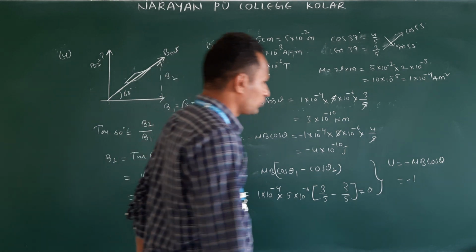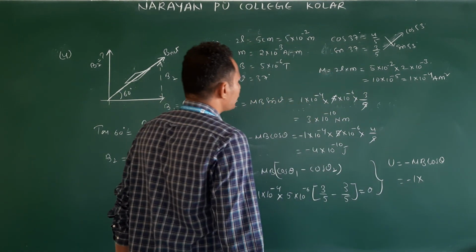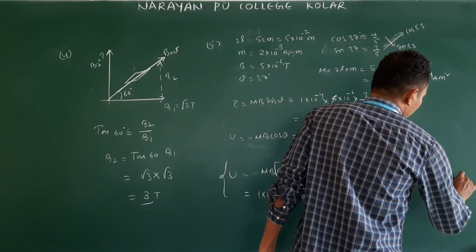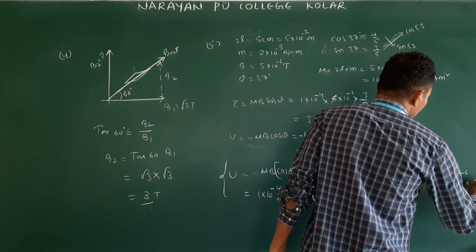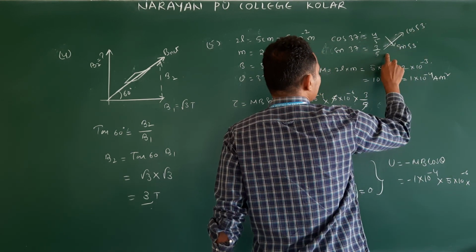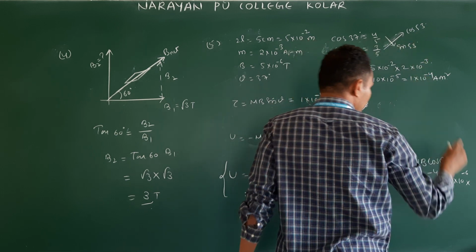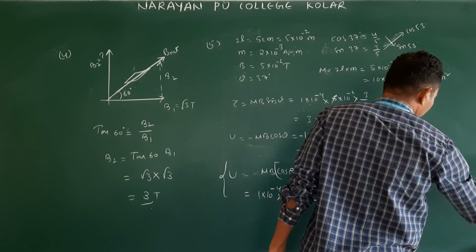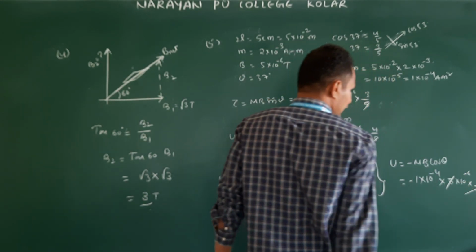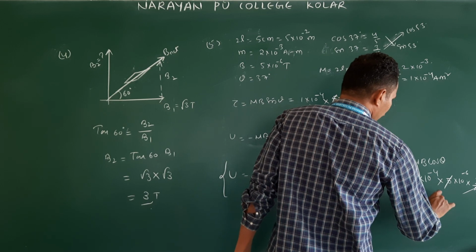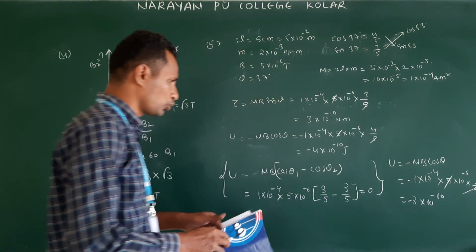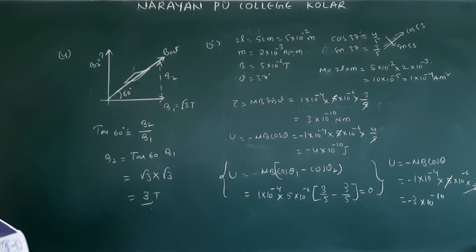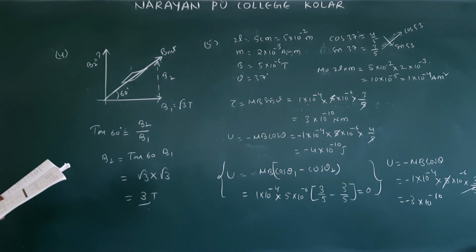Again they did not do minus. Okay, we will see, 1 into m is what? 1 into 10 power minus 4. B is what? 5 into 10 power minus 6. Cos 53. Cos 53 is what? Sin 37. Value is same. Sin 37, cos 53, both are same. So this is 3 by 5. 3 by 5 means 5 cancel. We will get 3 into 10 power minus 10 only. They given 4. Okay, no problem. I will check this option. But what we have done first and 2 is correct.